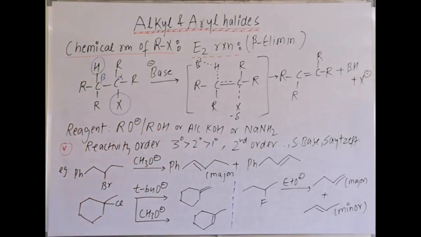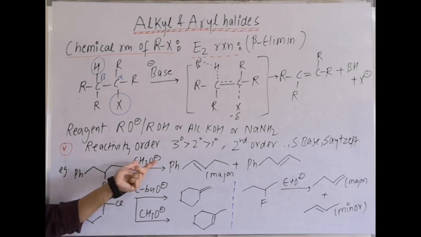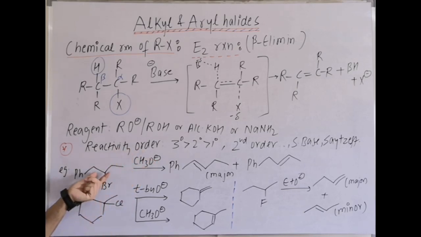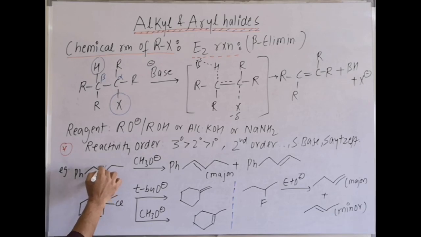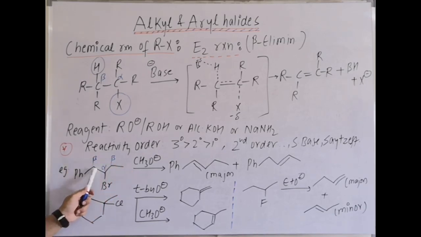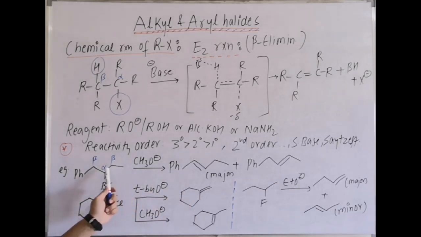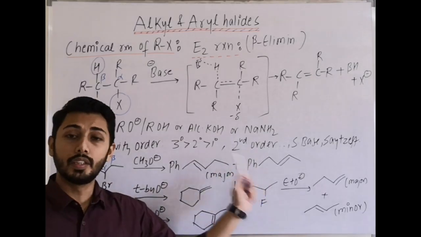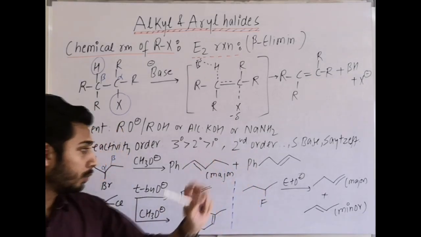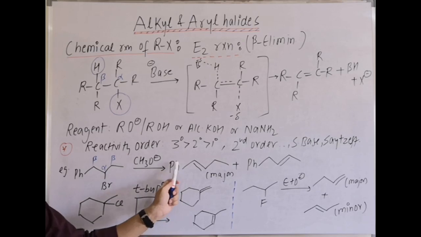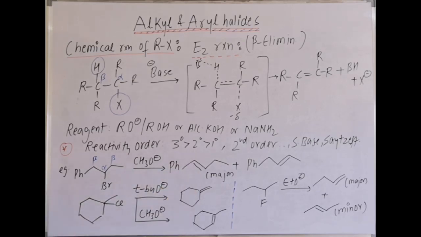Now example here, in this case we are taking CH3O minus. This can act as a nucleophile as well as base. Now it is secondary with crowding. Basically, the major product will be from elimination. Now in elimination there are two possibilities, alpha carbon and how many beta carbons? 2. If left side beta participates, double bond arises, this is the product. If right side beta participates, we get the other product. These are the two elimination products, in which this one is major. Why? Because it is a resonance stabilized product.